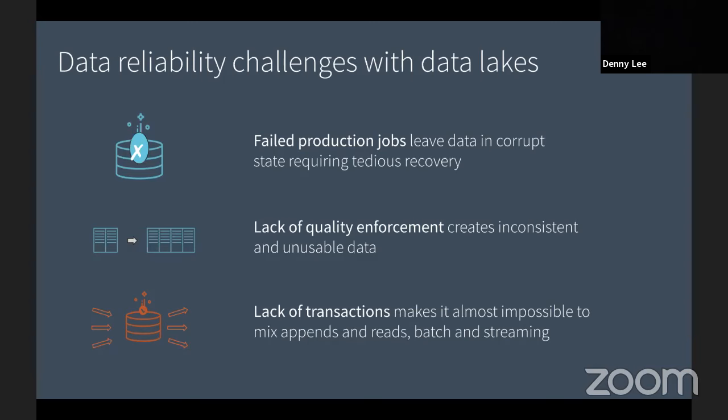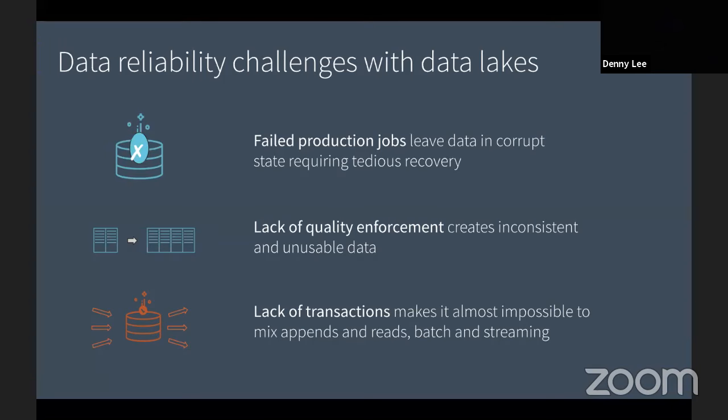All right. And the final thing, but the most important thing, is lack of transactions. This lack of transactions basically prevents you from ensuring a trustworthy data set, for example when you have a failed production job, right? If you actually had a transaction protecting it, what would happen is that the job fails, and anything that you even wrote to disk would be reversed. It would remove the files that were written, okay? Because that's what a transaction would do, right? This is what traditional RDBMSs, relational database systems, are able to do.